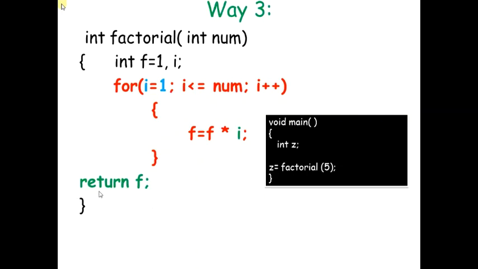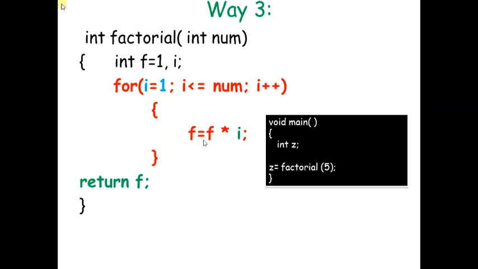Return f. In the previous cases I was doing 5 into 4 into 3 into 2 into 1. In this case I'm doing 1 into 2 into 3 into 4 into 5. So the extra local variable declaration I will require is i, in addition to the f that was there already. I use my for loop starting at 1, stopping at 5, and in the previous case I had made sure I did num minus minus, but here I always want my counter variable to shift 1 ahead, so I'll be doing i plus plus.